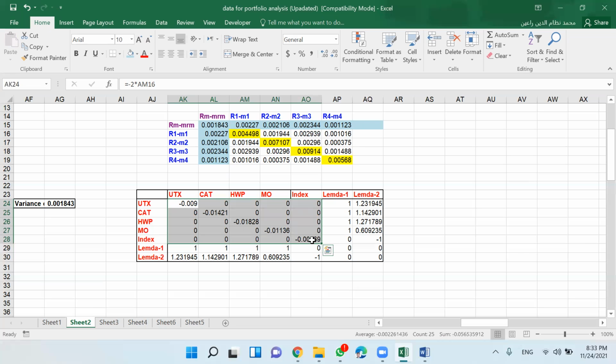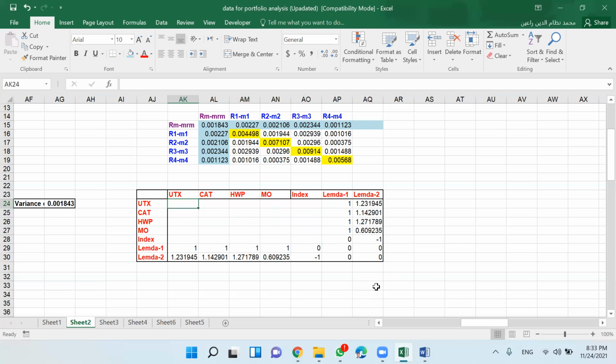So what I am going to do is multiply by -2, -2 multiplied by my variance, this variance, of the first company, then enter.